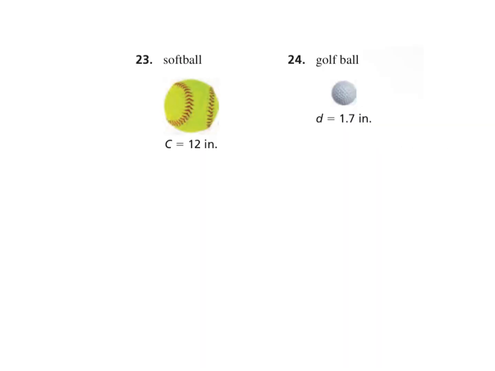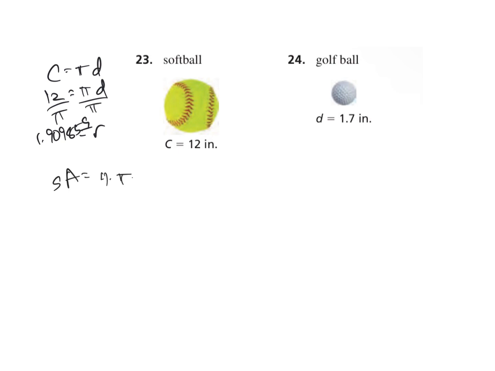And number 23, doing all the same thing. Got to find the radius before we start. So they give us a circumference, which is 12. So we take and divide off the pi. So 12 divided by pi, and that's 3.8197. So we divide that by 2 to get your radius. The radius is 1.909859. So that's a long enough number to use for your radius. Surface area is 4 times pi times that number squared. So square that long number on your calculator, times it by pi, times it by 4, and there's your surface area of